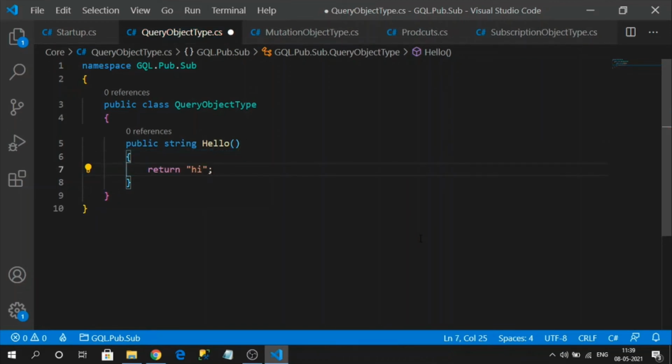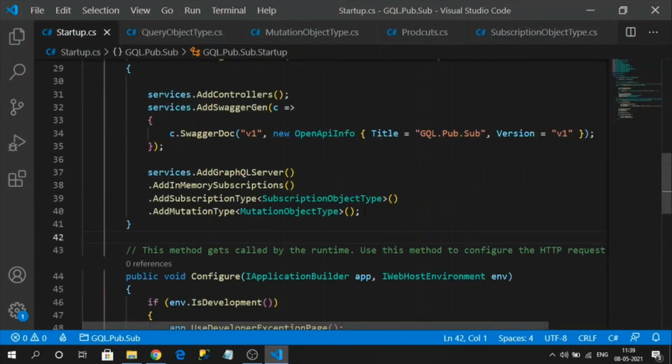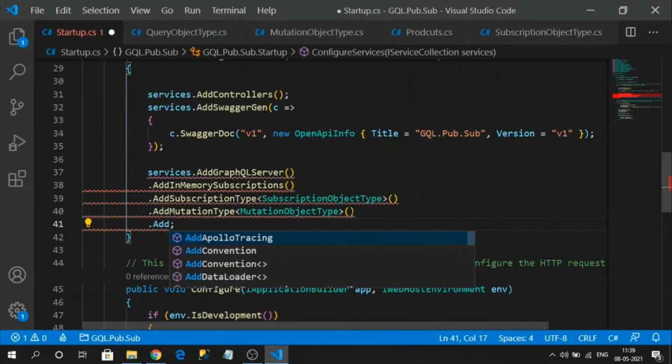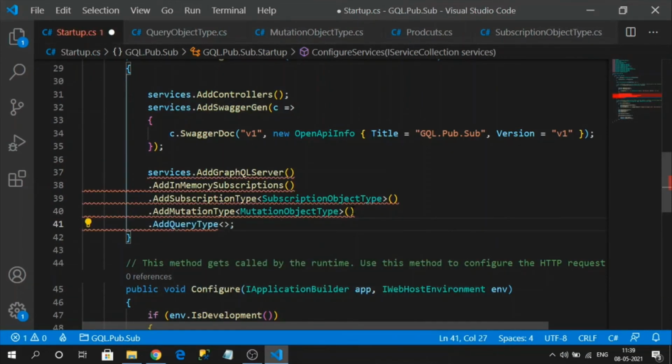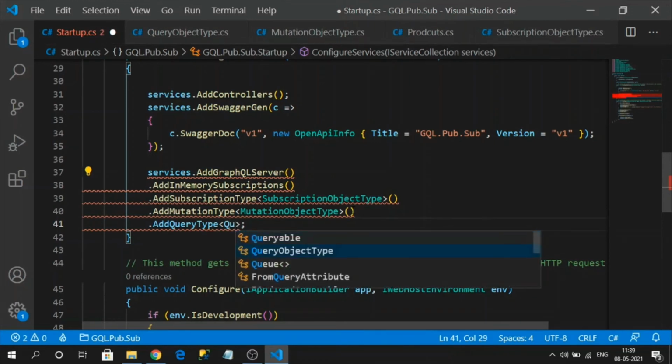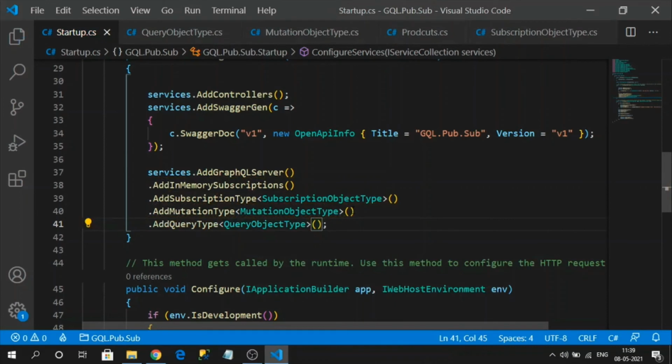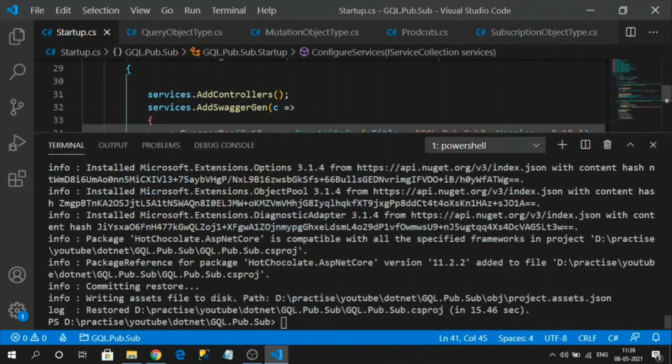This is some fake query object type. So let's register it in the startup. That's all for our implementation. Now we can test. So let's run our application.